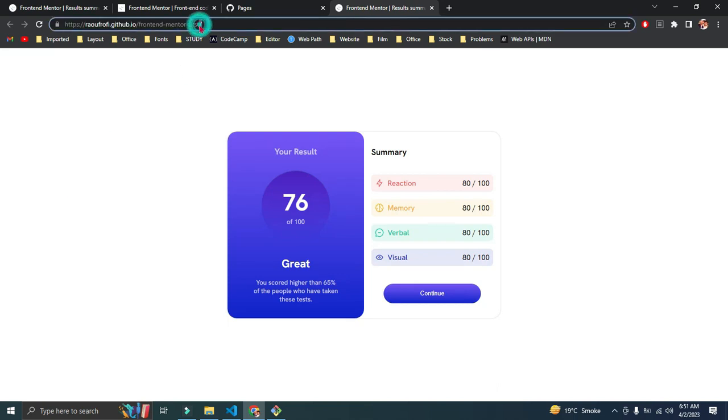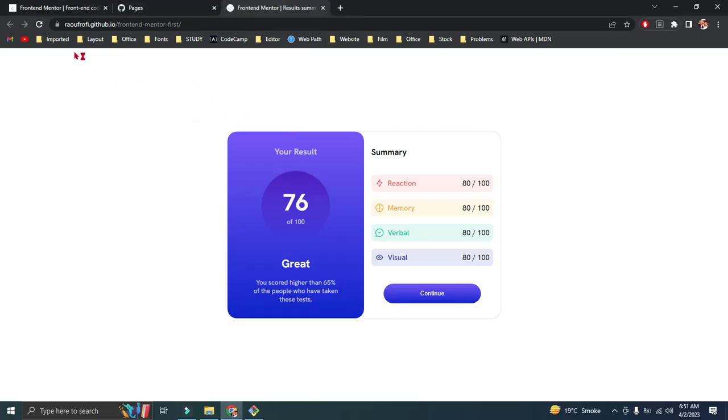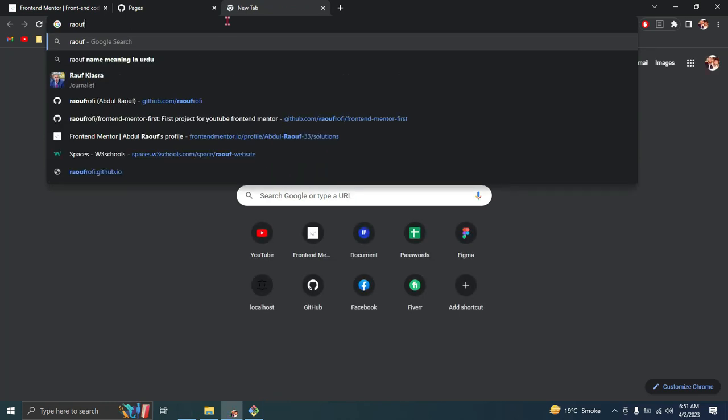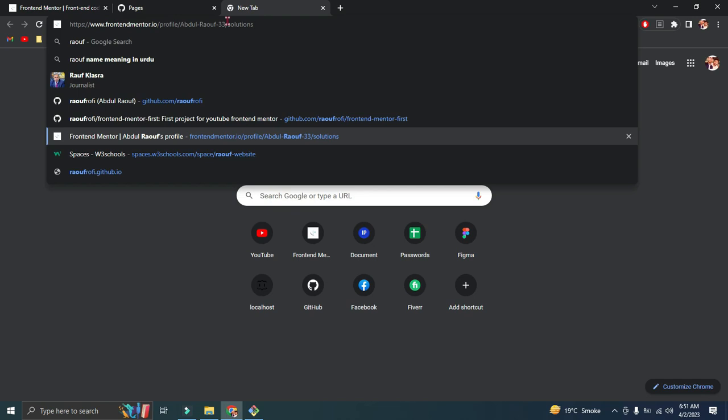If you copy this URL and paste it in your browser, if you have a data connection and internet, then this page will open because this is live now. Okay, if I just close this, and even if I close VS Code, you can see that this project is live now. proofroofy.github.io